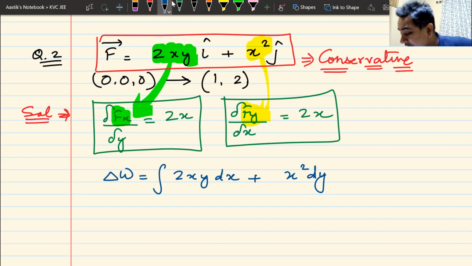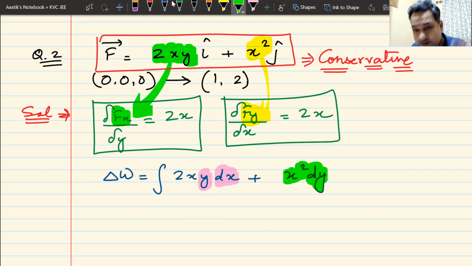Now this is a very special way of doing it, so I'll tell you that way. How do I integrate it? No path is given. And the problem here is that with dx, I have y. Problem number 1: I can't integrate y with dx. Problem number 2: here I have x, but I have dy, so I can't integrate that one as well. So this is not integrable, but still I am finding out that this force is conservative. But I can't integrate it because I don't have a path, because even if I have a path, it is independent of path.